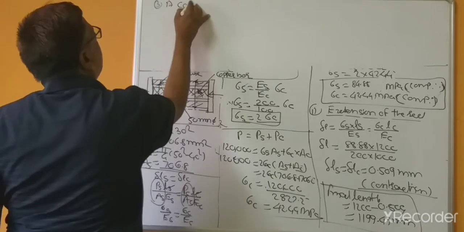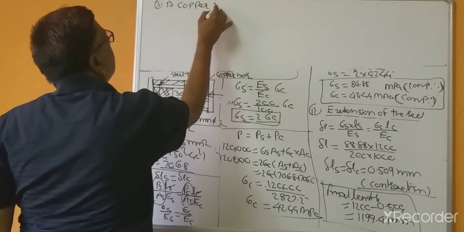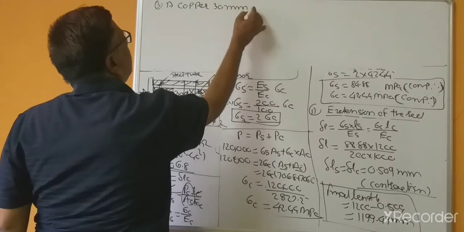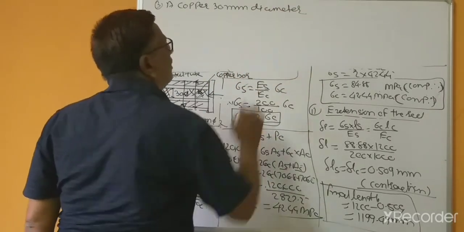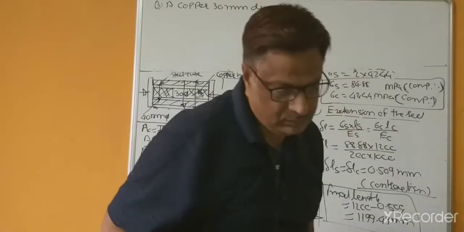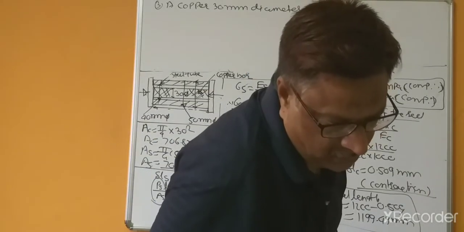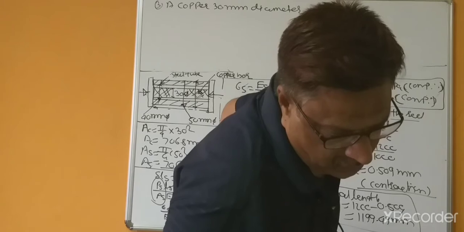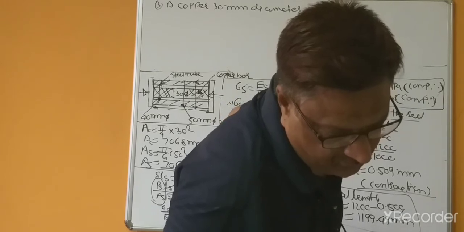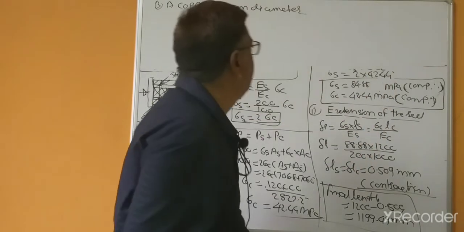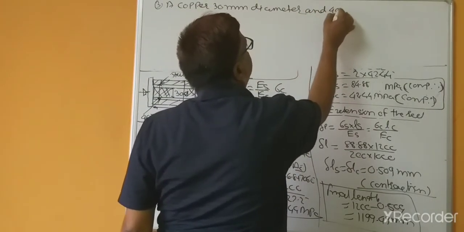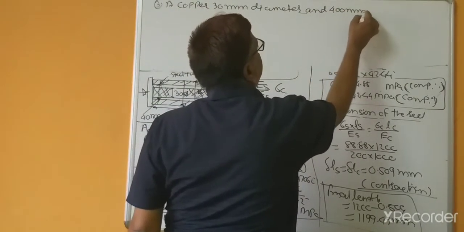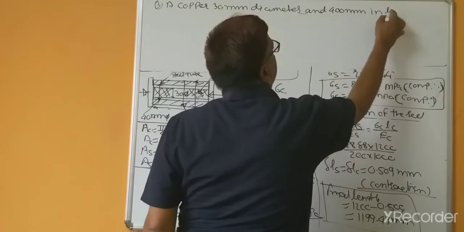A copper rod, 30 mm diameter and 400 mm in length,